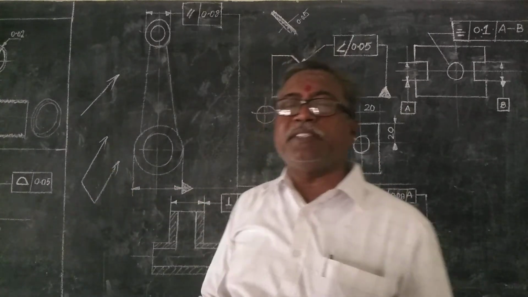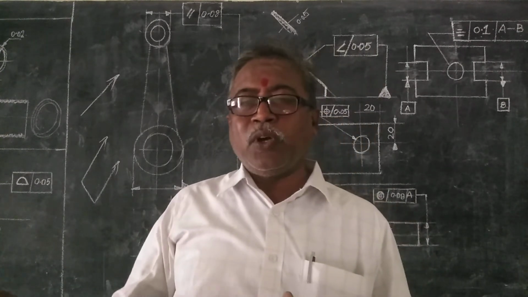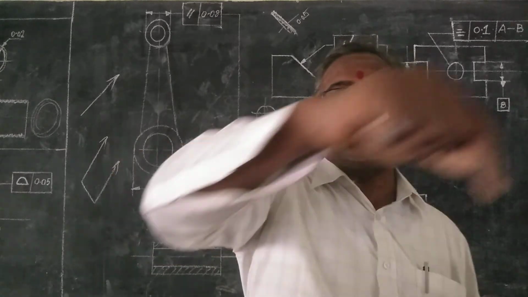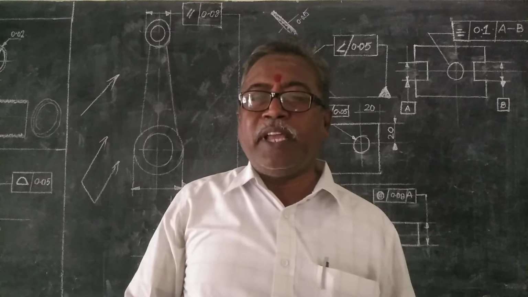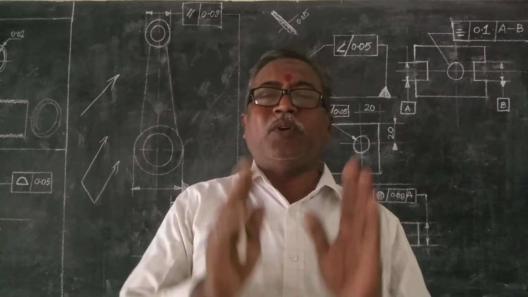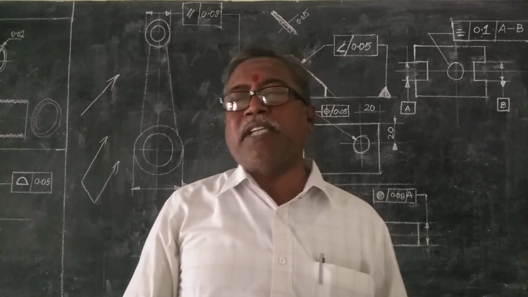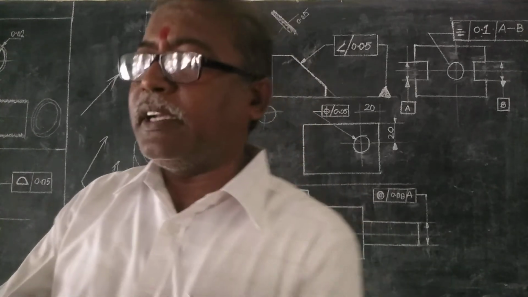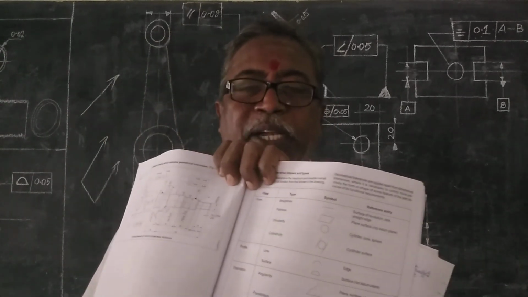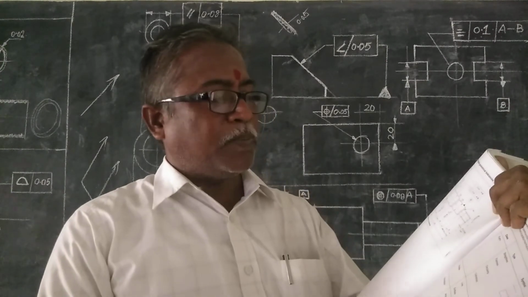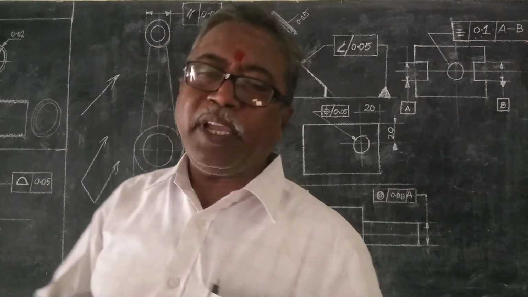Total run out means you are checking the diameters and the steps, so you move the dial on the cylindrical surface from one end to the other end in a spiral way. So wherever that is, total run out is not there. These are the surface symbols given here. This is the chart you already have in the book. You maintain that. All the symbols I explained, surface explained, line explained, all explained. So be careful.